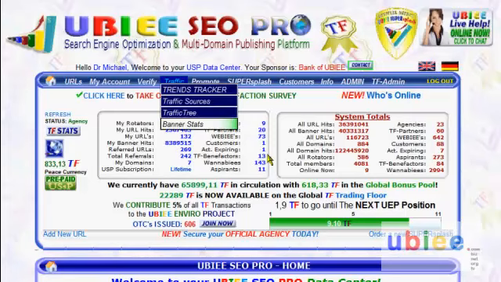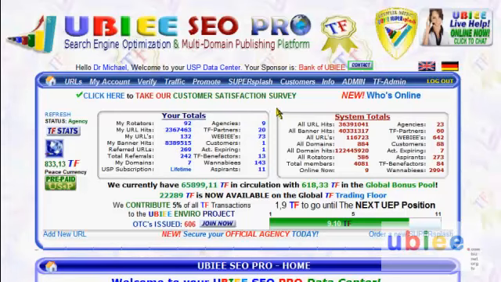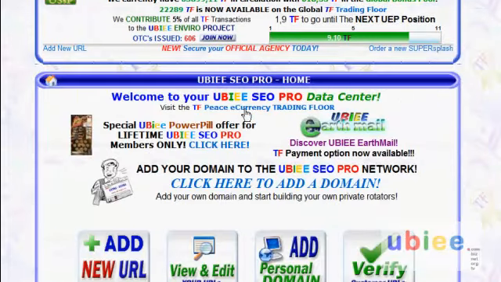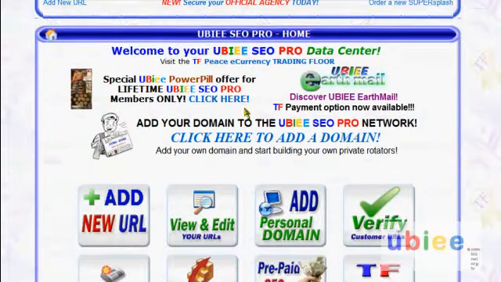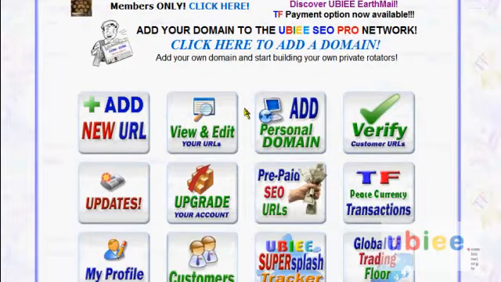Hello everybody. Today we will show you a little bit of an introduction about some other features that we have in the UBIEE SEO Pro, and I would like to start from our side on how to add a URL to the system. So let's click on how to add a URL,